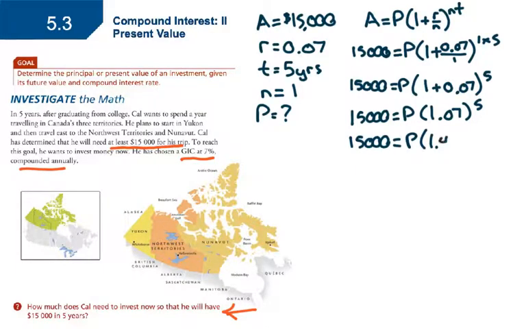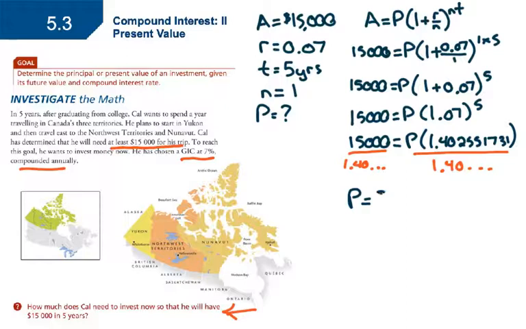We get 1.402551731. Now to solve for P, we will need to divide both sides by 1.402551731, and I'm just going to shorten that a little bit to write it down. And we get from that P equals